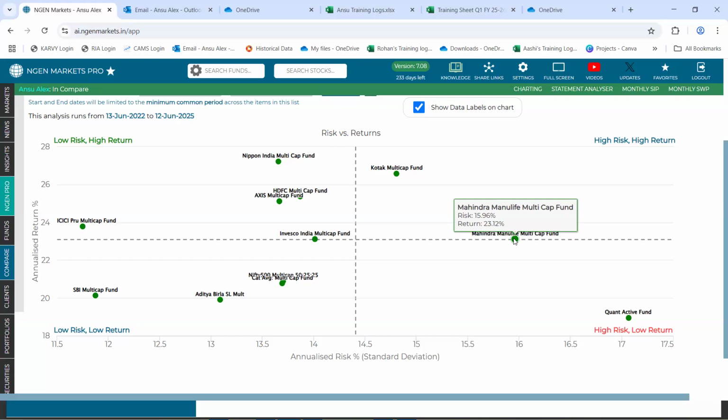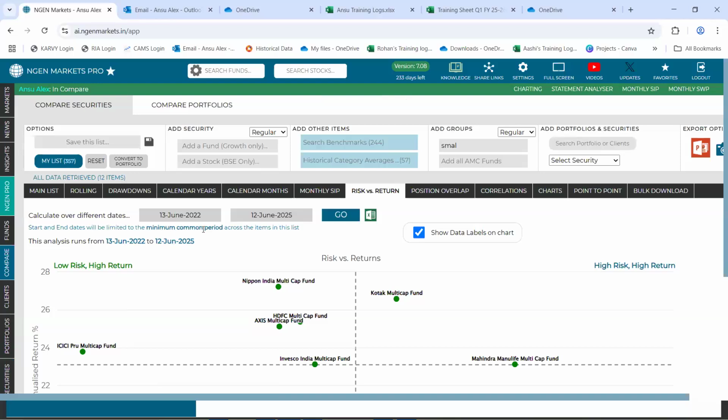So, with the same level of return, let's say you wish to identify a fund which is taking in a lower level of risk, you could go forward with this iPru Multicap when comparing it against Invesco and Mahindra, which are the funds generating similar return as iPru, but iPru is taking in a lower level of risk in order to generate that similar level of return.